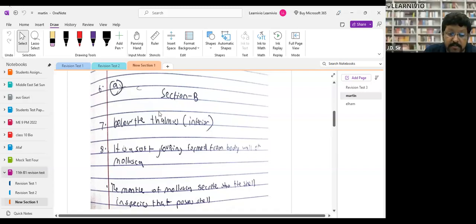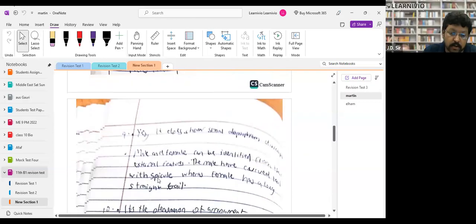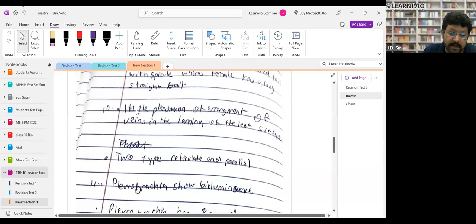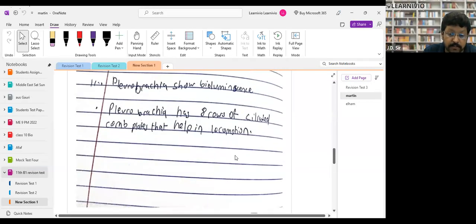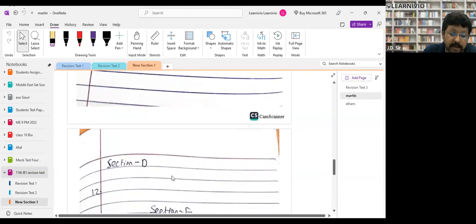Look, this is section B, which means 2-marker questions. You have just written two words. Do you think I will give marks? Or did you not know the answer? So don't do that. Scan it properly. Look, question number 10. You have written 2 lines, then you have cut them down. I do not expect this kind of answer from a student like you. I expect better from your end. Look, section D, nothing is there. I considered you a good student, so I have much more expectation from you.